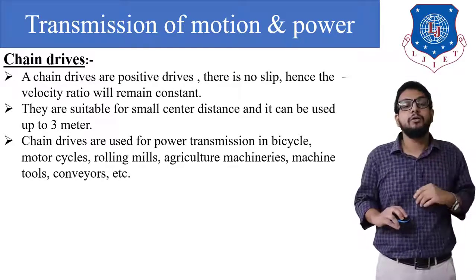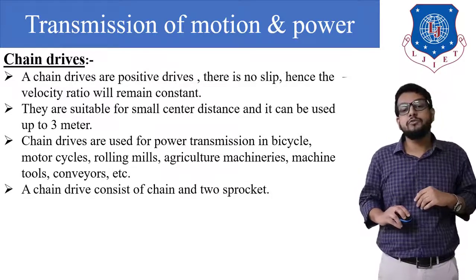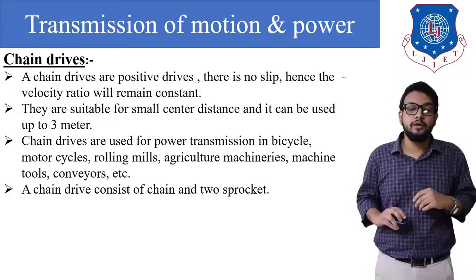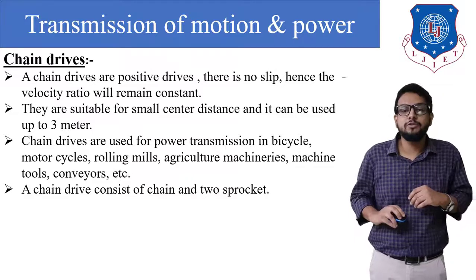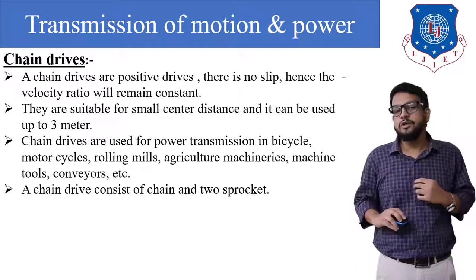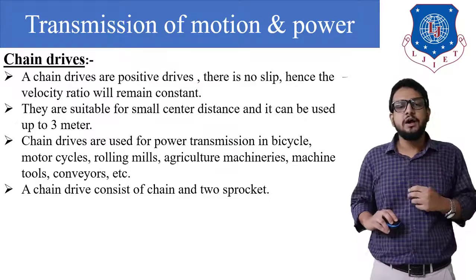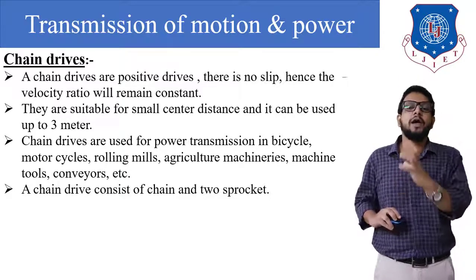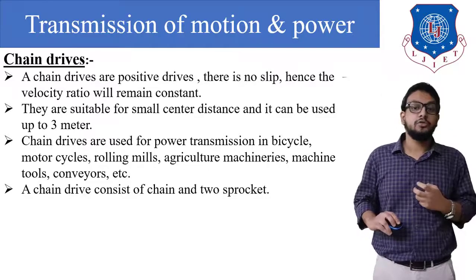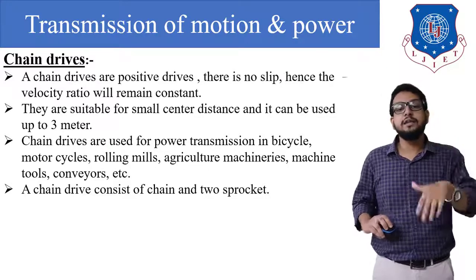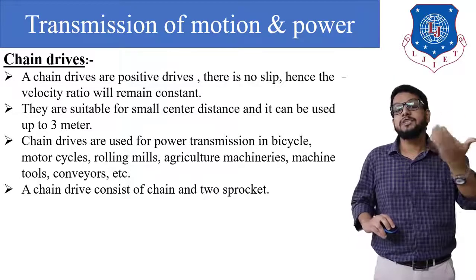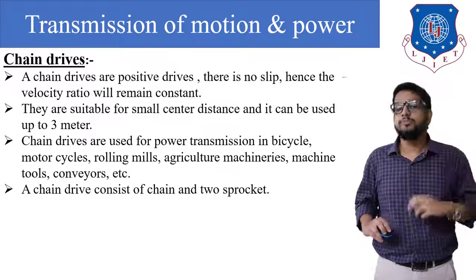Remember that. A chain drive consists of two main elements, that is chain and sprocket. In this arrangement there will be two sprockets and one chain provided. You have seen the arrangement of a chain drive in bicycles. The pedal side has a bigger sprocket and on the wheel side there is a smaller sprocket. So it is very clear that when the pedal side is rotating at a lower speed, a speed increment takes place on the wheel side because of the smaller sprocket.